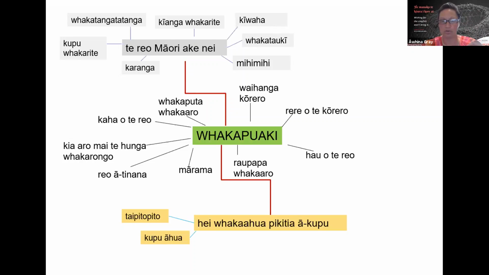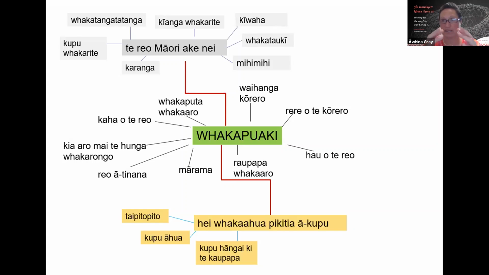Oh, kupu ahua, of course, it's been described, whatever's been described. Right? Whatever's been talked about is likely to be using descriptive language, kupu ahua. Right? Kupu hāngai ki te kaupapa, tika. Right? So if it's describing, for instance, a particular experience, right? And that experience took place on the coast, then kupu hāngai ki te kaupapa, then would be,